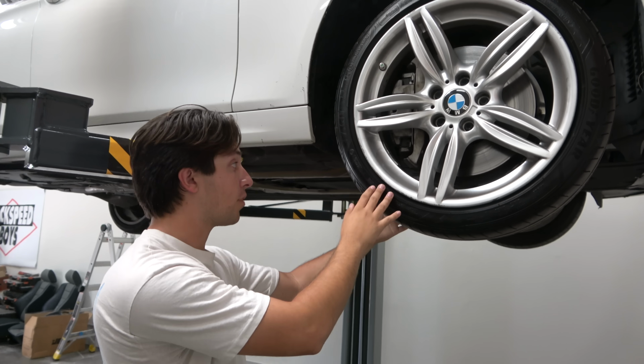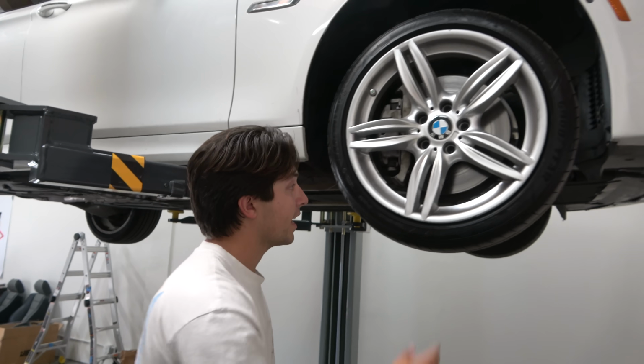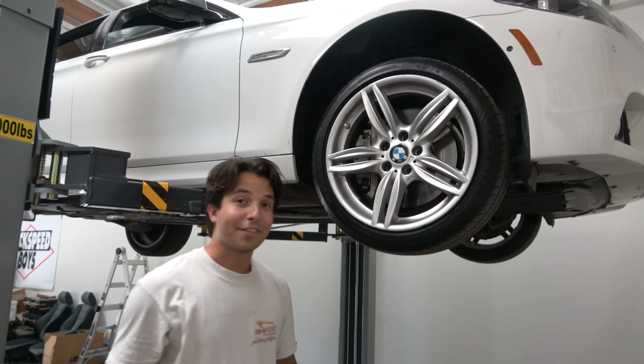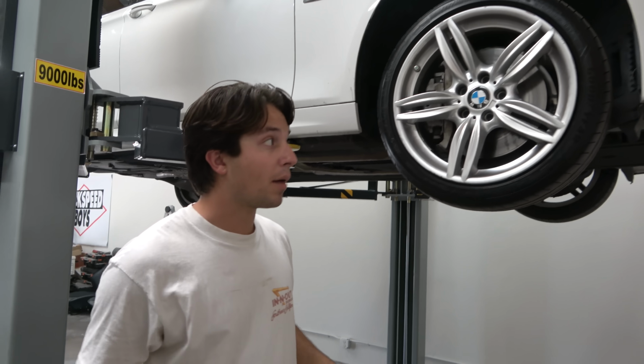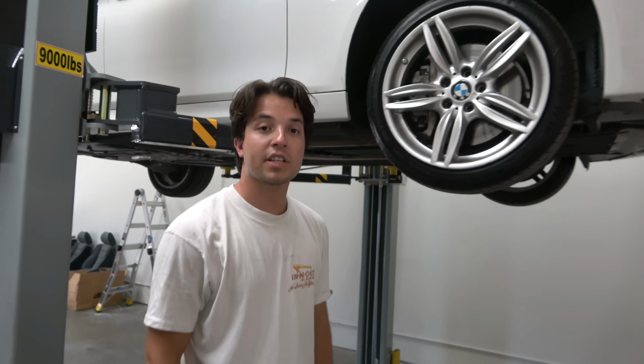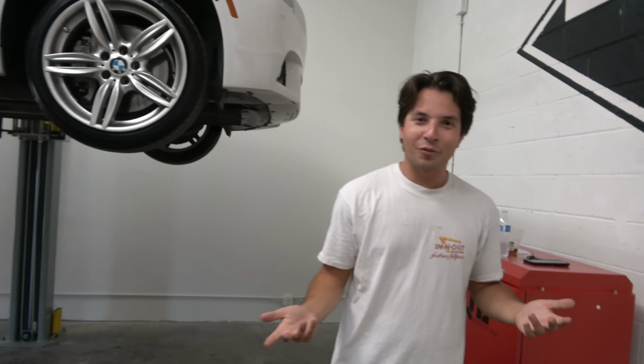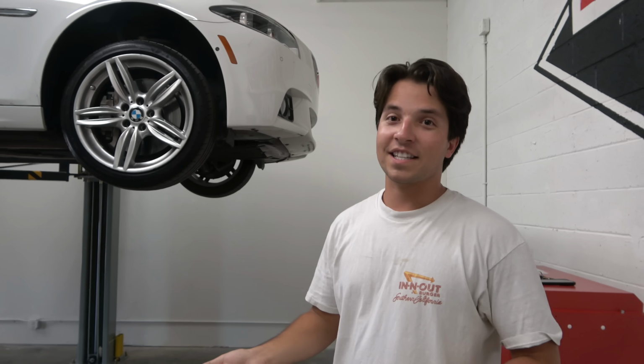They're paying, you know, probably $300 per tire, and you know what? They had the rotors replaced. They're not warped or anything, so the fact that they're putting money into that means that they probably put money into all the belt changes and everything else. And a good serviced BMW is still a risk, but it's much less than if you go look at a